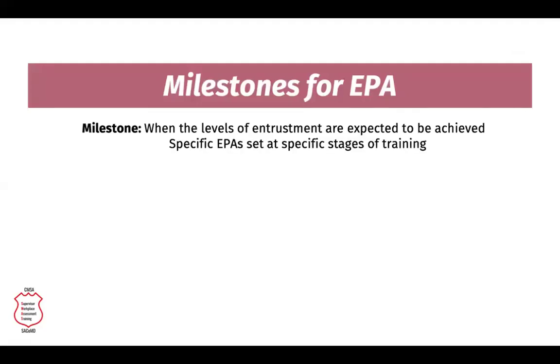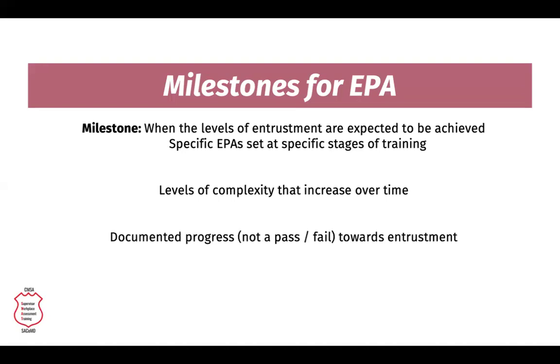So we mentioned earlier that each EPA is now going to give milestones of what level of entrustment we expect them to be achieving over the 4 or 5 years. So in family medicine, where our registrars do an Ops and Gynae rotation during their first year, we might say we want them to be at level 3 or maybe even level 4 for this particular EPA at the end of their first or second year. During the time when they're working in that EPA, so they're in Ops and Gynae, for example, we're expecting levels of complexity to increase over time. So it's quite acceptable to be a level 2 or 3 when you first start out.